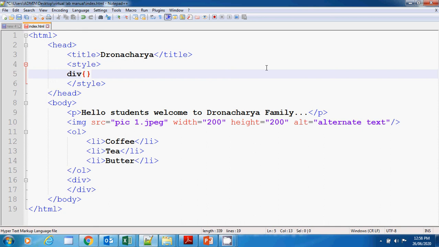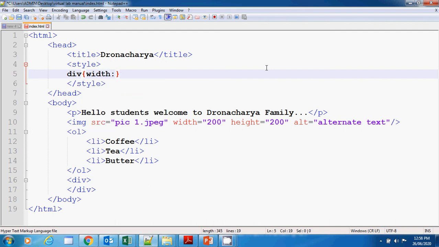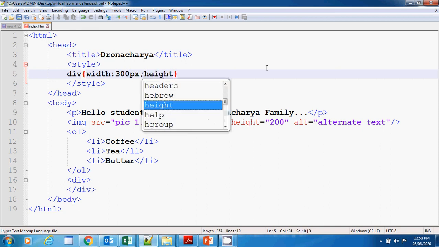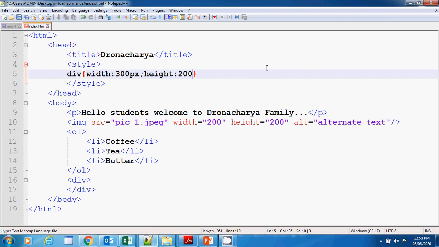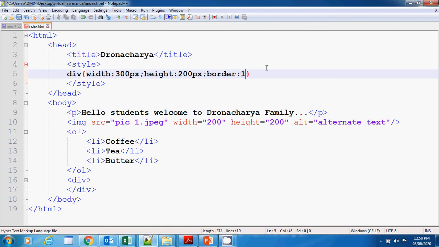So for this I am using width colon 300 px, meaning pixels, height colon 200 px, and to show the border I am using border colon 1 px solid, right?